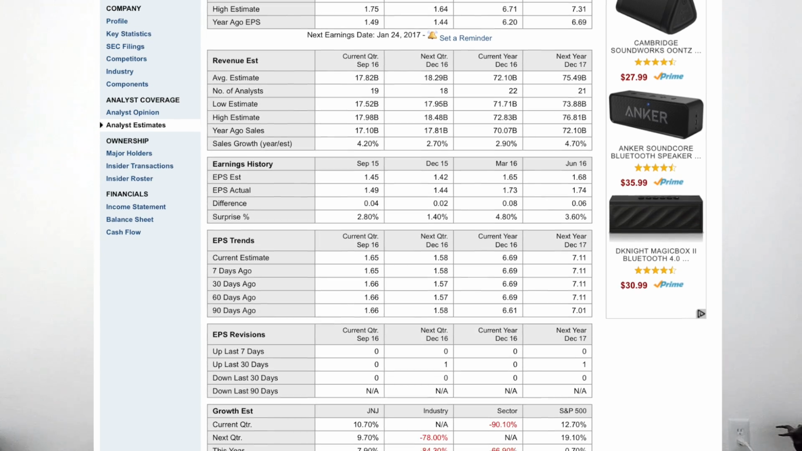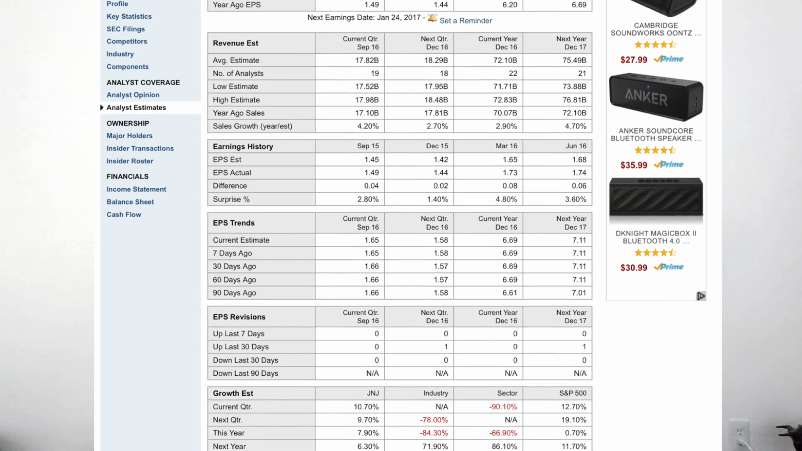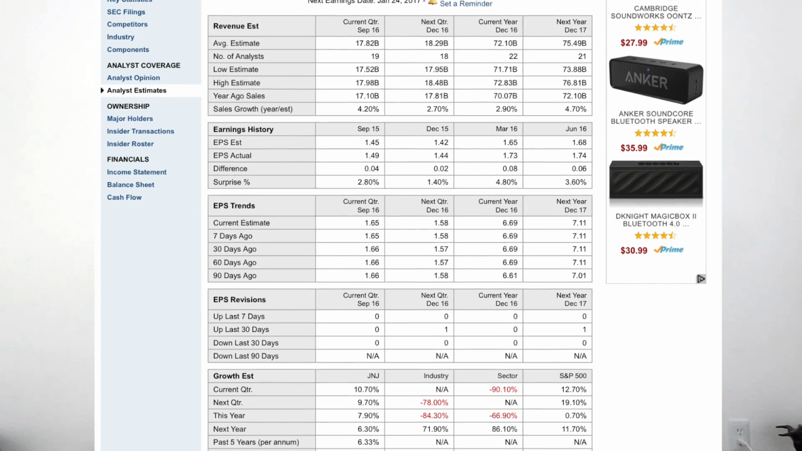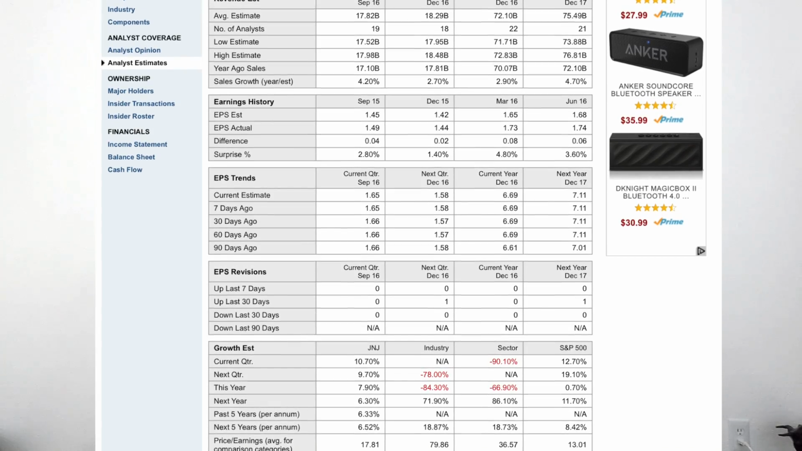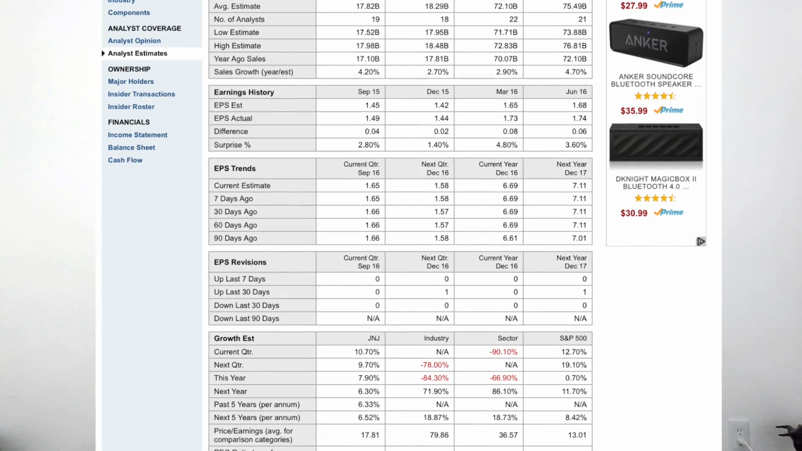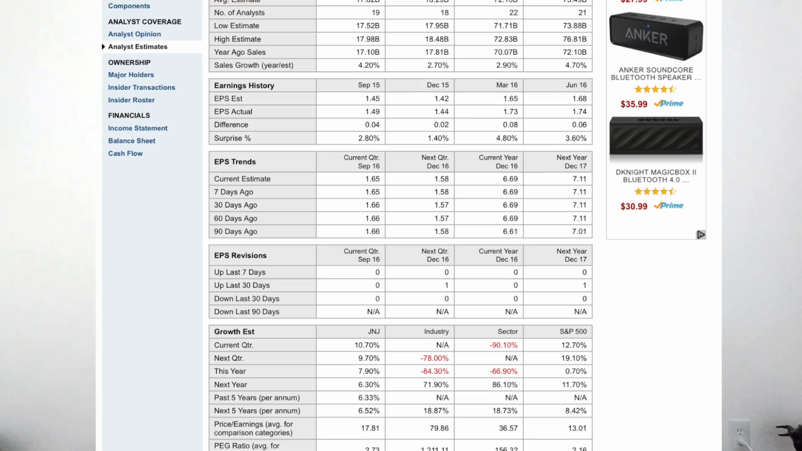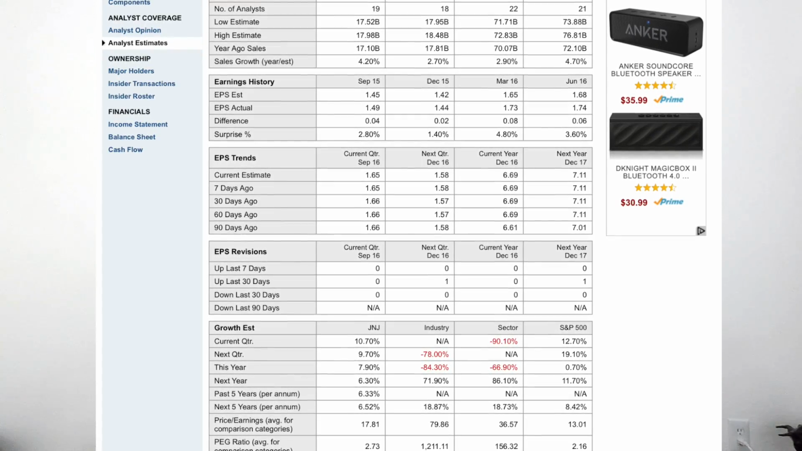And then you go all the way down, they have revenue estimates, earnings history, EPS trends, EPS revisions, growth estimates, all this type of stuff. This is great stuff to look at, guys. I highly recommend looking at this page,